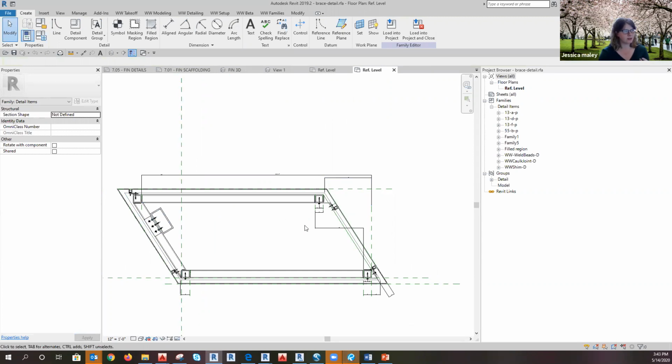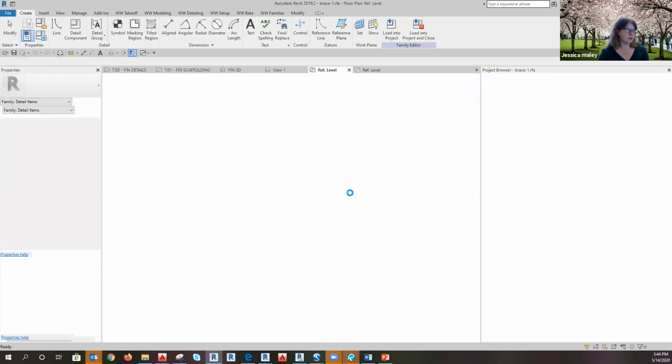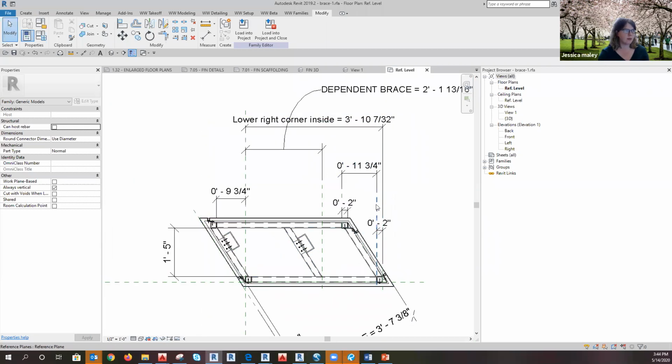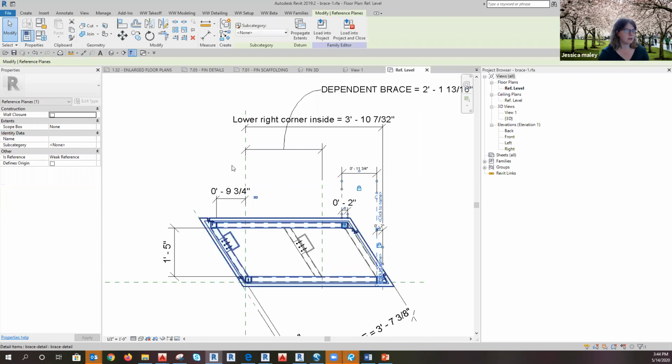There are a couple of different nested families in here, and they're tied to reference planes with parameters. So I made that and then loaded it into the 3D family, locked the reference planes together where they needed to be, and see if we can,